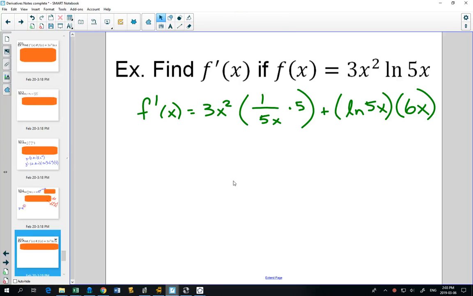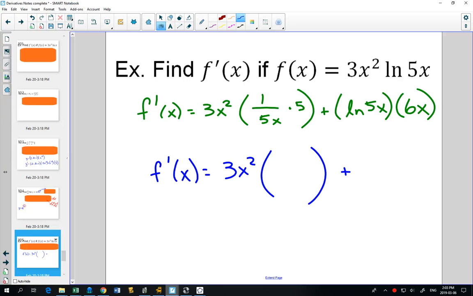Now, one of the things that I find so fascinating in this one is that if I did a little bit of simplifying, I'm not going to oversimplify, I'm just really wanting to simplify what's inside those brackets right there. If I simplify it inside those brackets, what's going to happen with the 5 and the 5? Cancel out. And I get this. Okay? Now, you can simplify the 3x squared and the x on the bottom, but this is a really interesting